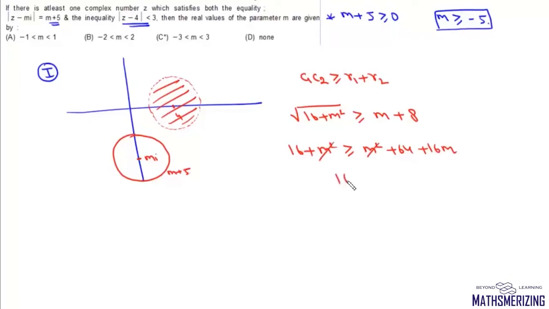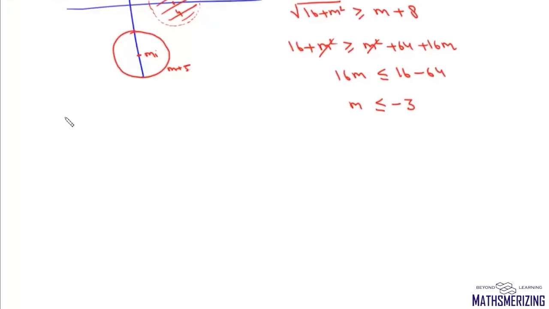So we'll get 16m is less than or equal to 16 minus 64, that is m is less than or equal to minus 3. So that's our first case. Now the second case possible when they do not have any solution is